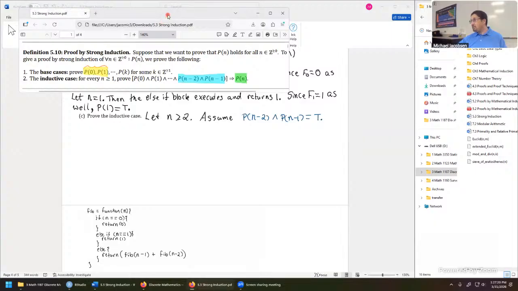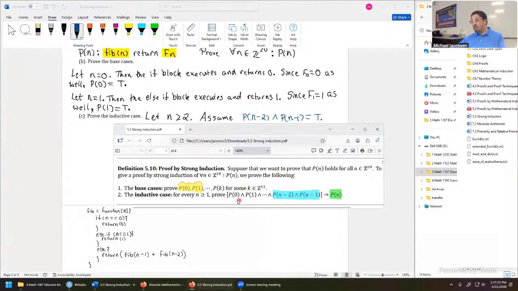Let's track that through strong induction. We could also assume p at 0 is true, p at 1 is true, all the way down to these last two cases. The reason I only used these two assumptions is because the recursion is based off of these two parts right here in the pseudocode. That means you can assume all prior cases are true as well, but we're only going to use these two portions here and here. So once we make that assumption, we're saying